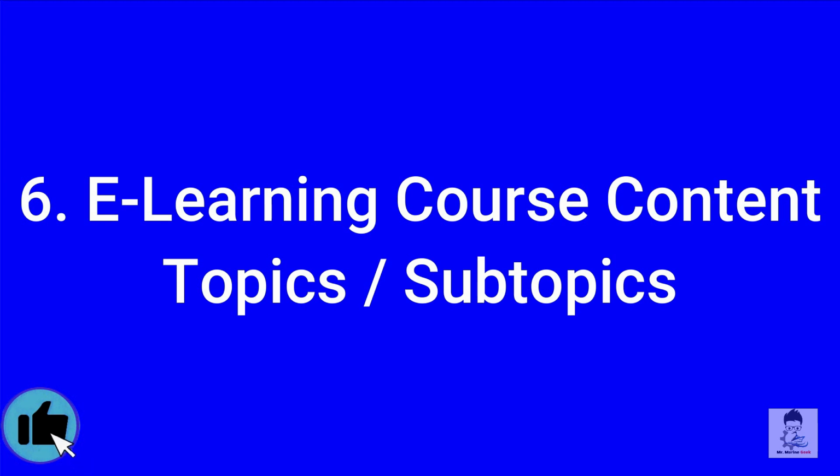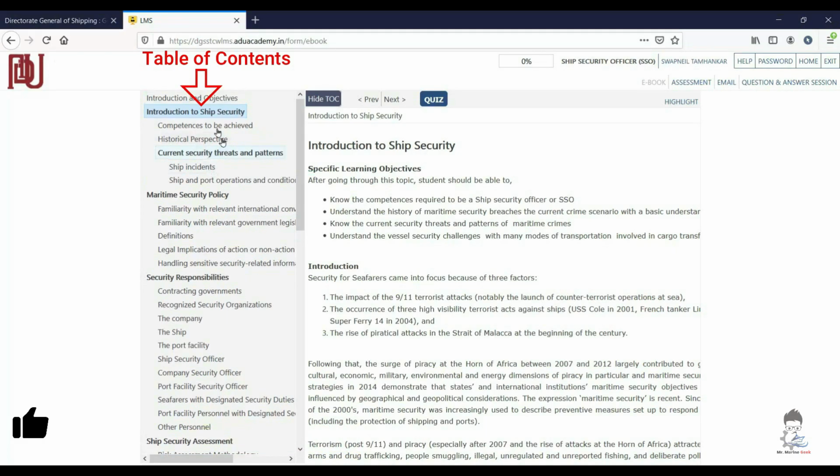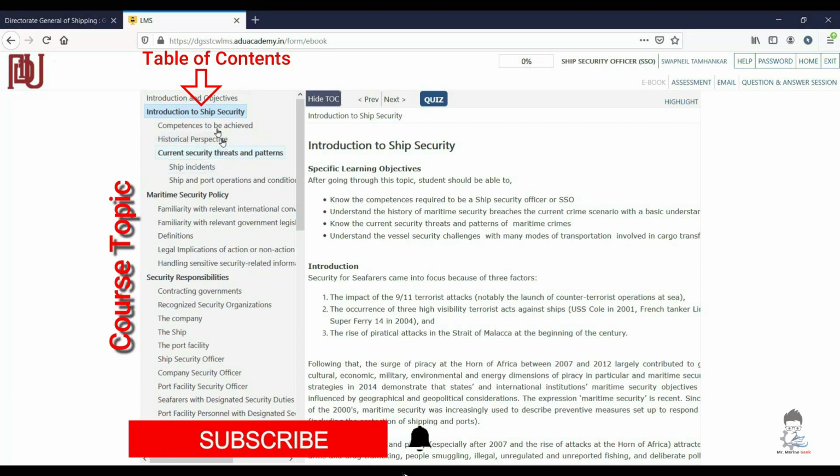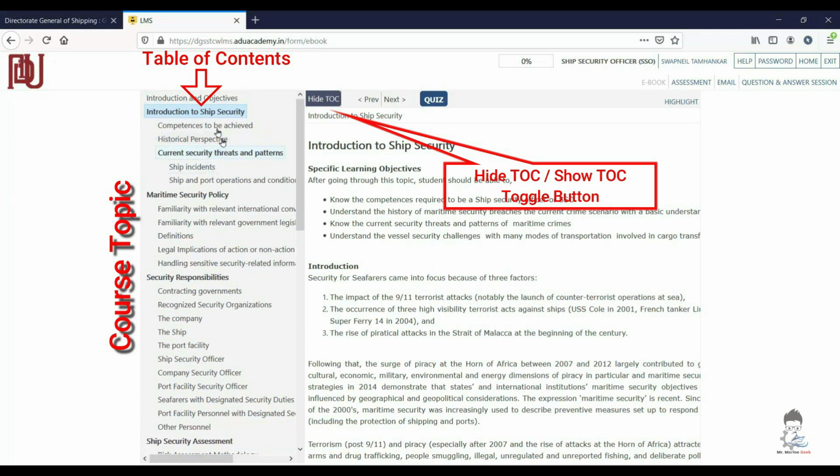Sixth topic is the e-learning course content, the topics and subtopics in that particular course. Once you click that particular course, you will have the table of contents over here. The whole left hand side is your course topics. You have a hide and show table of contents toggle button. You have a quiz button on the top.